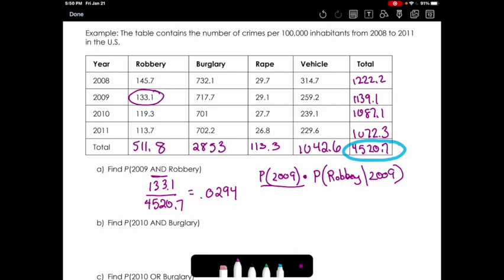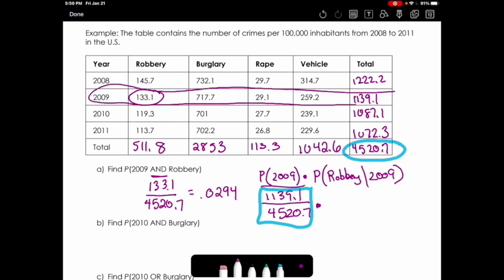So if we did it this way, if I found the probability of it being 2009, that would be 1,139.1 out of the total, which is 4,520.7. If I multiply that by the probability of it being a robbery, given that this is in the year 2009,